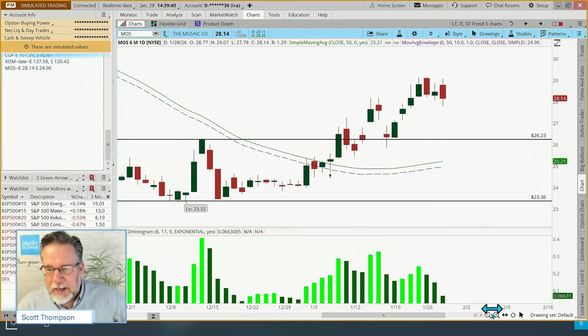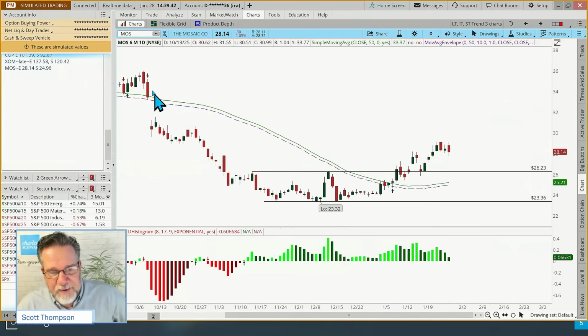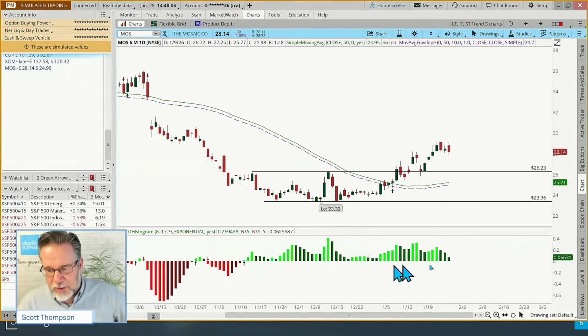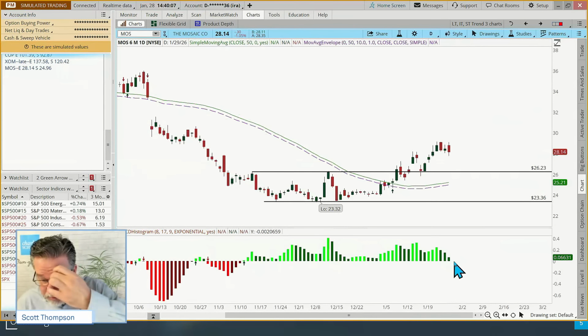Let me zoom out a little bit. If it closes below the moving average, like it did over here, we're going to see a red arrow, and that's going to stay red all the way until it turns green. MACD, same thing. If the MACD histogram bar goes below that 0 line, which is right over here, that's a red arrow, and it stays red until what? Until it goes back above that 0, and that green arrow will stay green until it turns red. Okay, so that's what those mean.